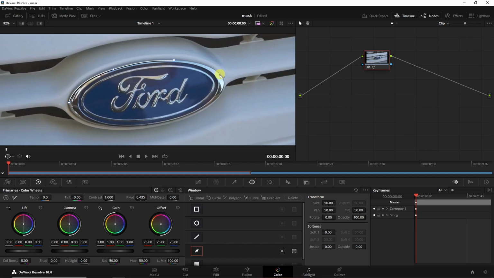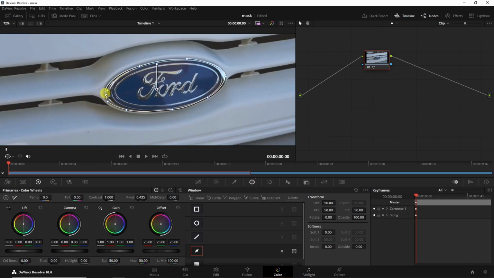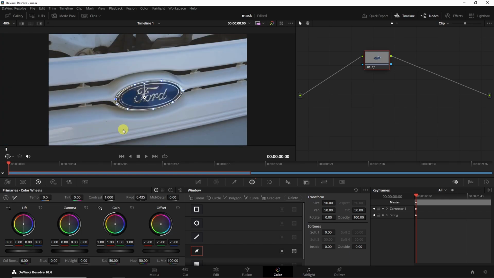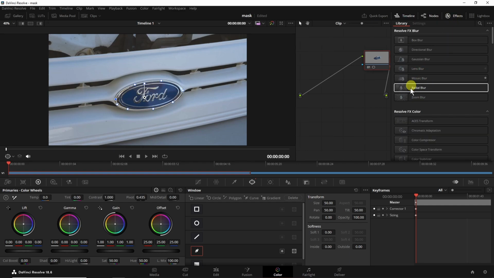Now let me draw a mask on my subject. And now I'll finish my masking. After that, if you want to make any changes to your mask, then simply increase the saturation, color, or if you want to add any effect, then you can simply add the effect by opening this effects panel. Then you can drag any effect from here.